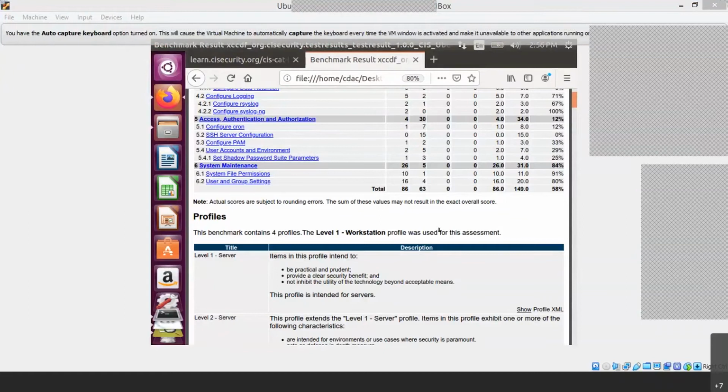What do you mean by hardening? Suppose there is a default OS which you have installed on your laptop, workstation or PC. Hardening is nothing but making your PC or your OS more secure.